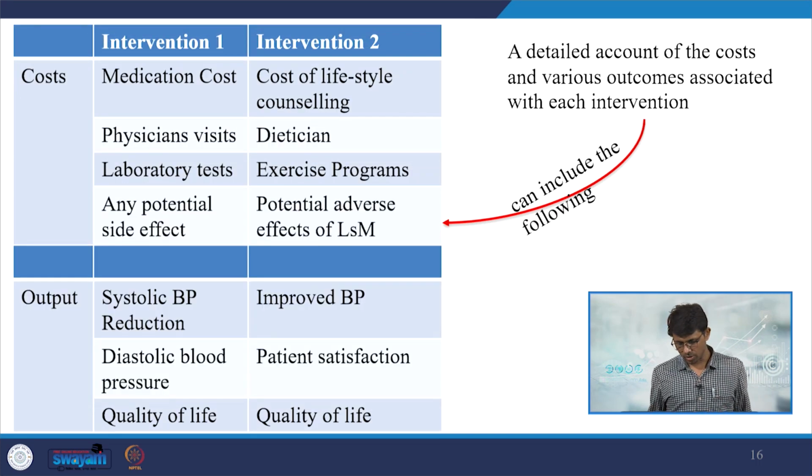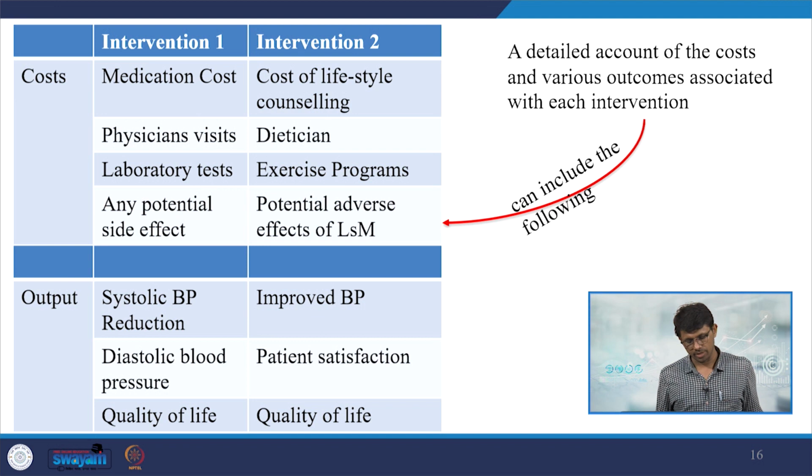So, these include the following: the associated interventions, intervention 1 and intervention 2, in terms of cost and output. In terms of cost, for intervention 1 it may be medication cost, physician visits, laboratory tests, and any potential side effects, whereas in intervention 2, for the lifestyle modifications or lifestyle improvements or measures, we can